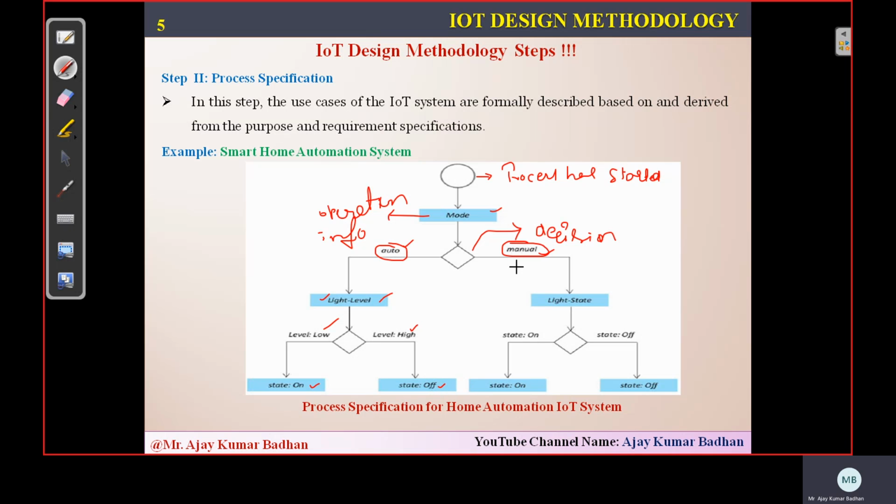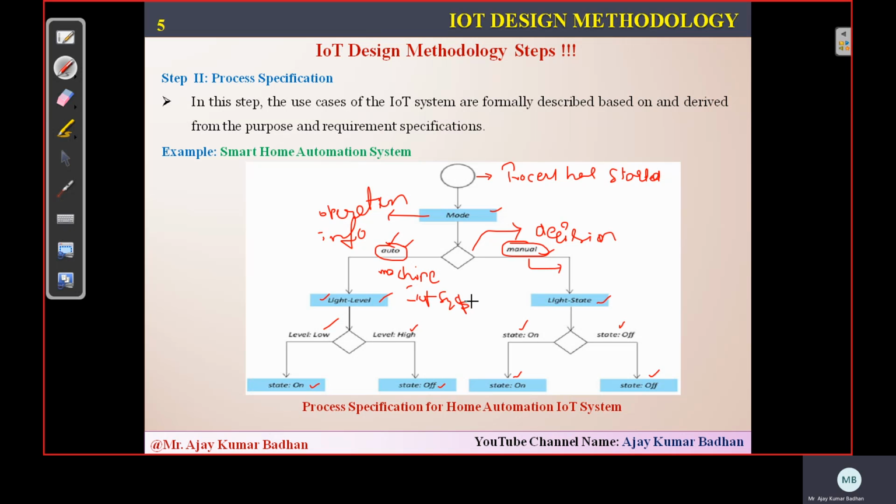In the same way, we have a manual representation using a web application. Here there is the light level and the light state. The light state determines whether the lights within the room are turned on or off. If the user sets the light state as on, the system will turn on the light. If the user sets the state of the light as off using the web application, then the system will turn off that light. So this is done manually by the user, while the other is purely done by a machine. The machine is nothing but your IoT system.